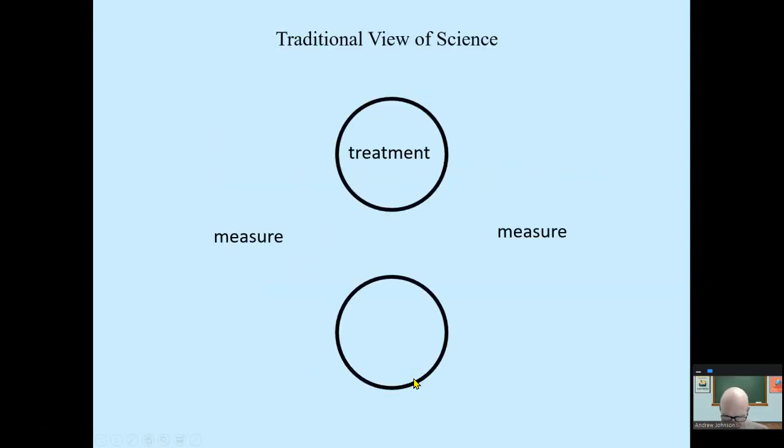So let's take a look at the traditional view of science. The traditional view of the scientific process goes something like this. You get two groups, you measure them before the study begins, you do something to one group, and you don't do something to the other group. You control everything else so that the two groups are as similar as possible except for that one thing. Then after a bit, you measure them to see if there are differences between the two groups. If there are, you can say that the thing you did to the one group was the cause of the